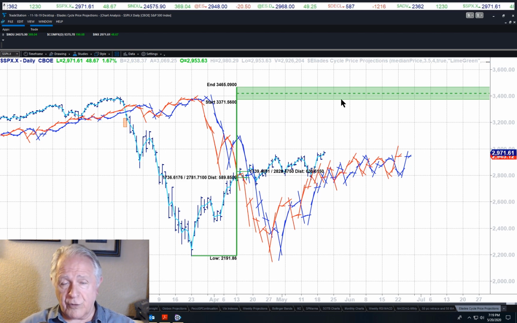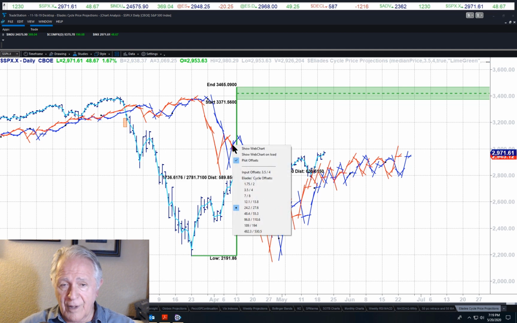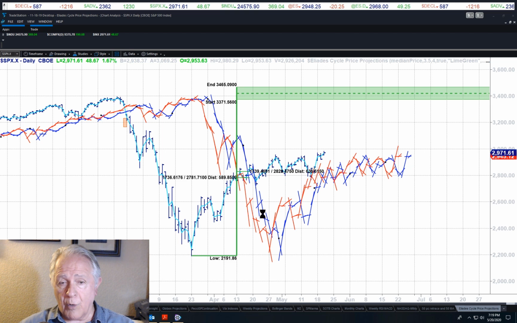We're not able to do that yet, but you're going to be able to do that. But right now, you know we have that projection up here. Now, the important one now is the next longer offset. So this one is 24.2, 27.6. Let's go to the next longer one, 48.4,